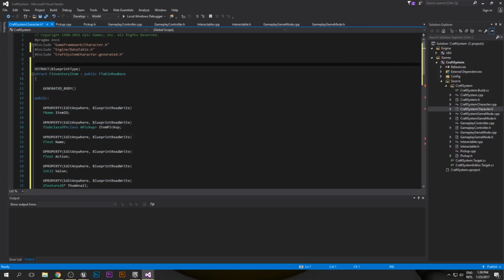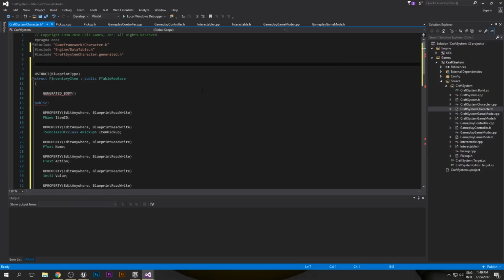Now we actually need one more struct, and the other struct is going to store all of our valid craft combinations. So this is not just an item system, but it's actually also a crafting system, so you'll be able to craft items later on. So what we need is another struct that just stores some information about what items we can craft. So it'll store